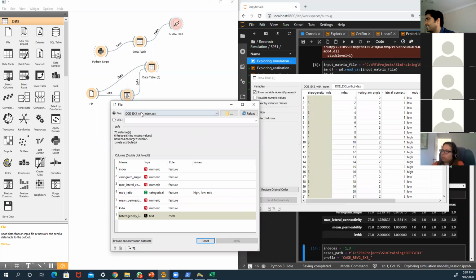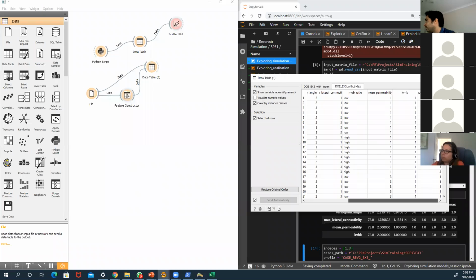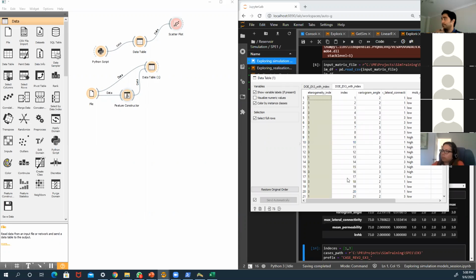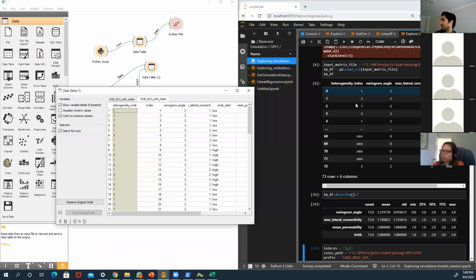So you can see I changed the file, and I don't have to repeat anything else. The whole workflow was repeated. Now I have an index, but if you see this index, the index starts from 1, and I really want to have an index that starts from 0, because if you have a look at the